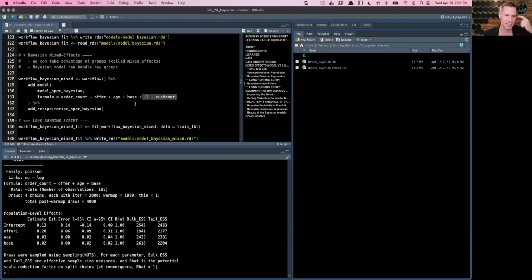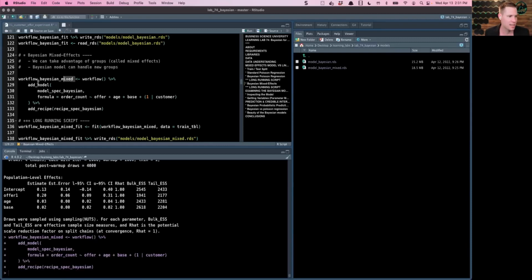And think about this, guys. This is mind blowing because we've got a training data set and a testing data set. That testing data set has totally different customers than what we're going to show here, but Bayesian can actually model these with a per customer grouping analysis. Okay, so I'll run this, and you can see the key difference here is we've added this